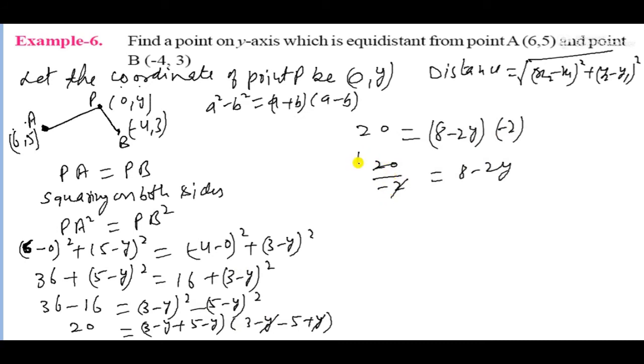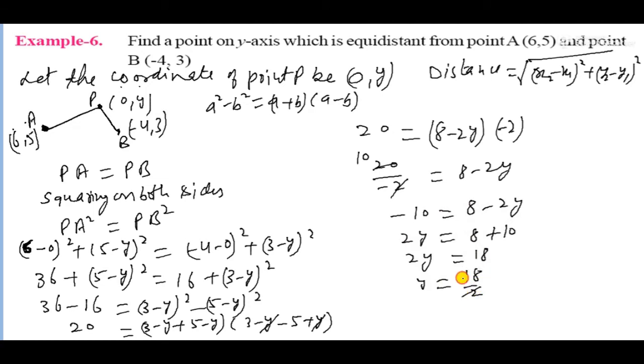So apply the a square minus b square. As you know, a square minus b square is equal to a plus b and a minus b. So write the formula like this: 3 minus y plus 5 minus y,